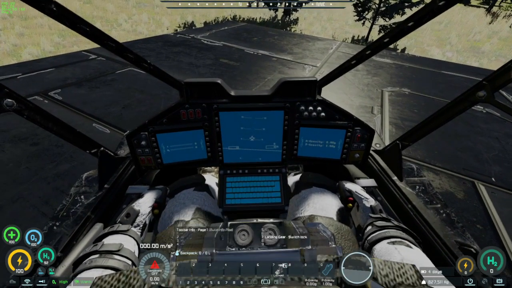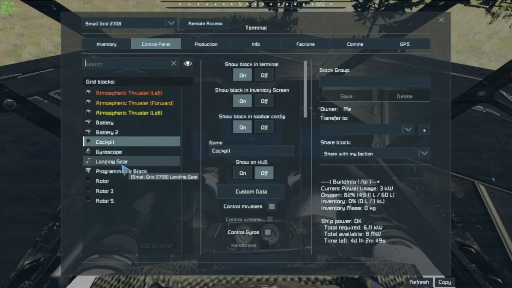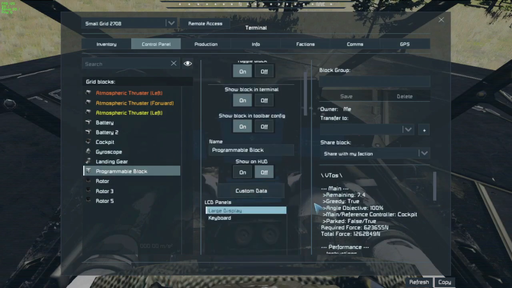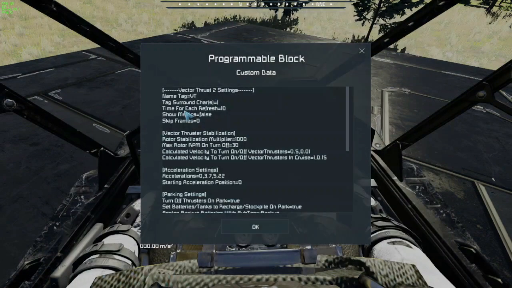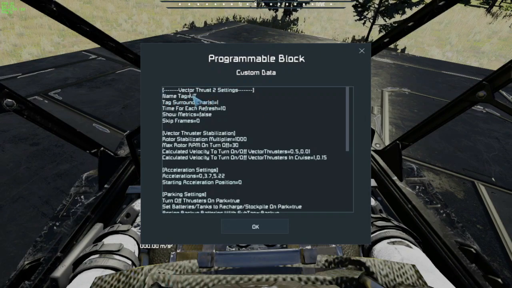So first we have to go to our programmable block, enter the custom data of the programmable block that is right here. Then watch this variable that is named name tag. You can see here it has by default BT, but you can change this to wherever you want. For example, like this, whatever. And well, I will leave it like this. So I will copy this,